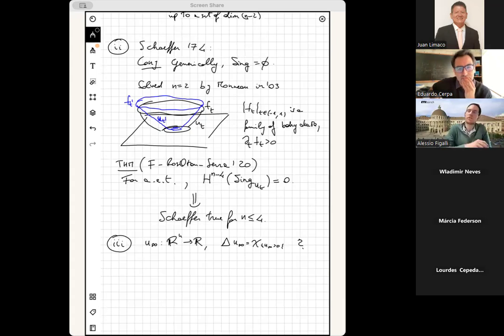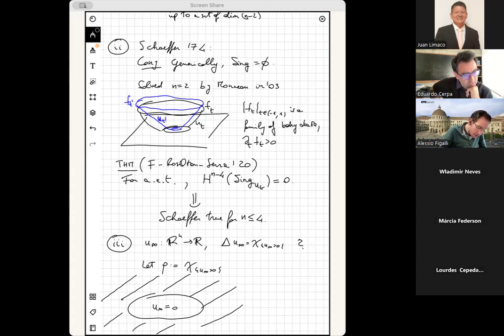So to understand this third question, let me do something. So let me define rho to be the characteristic function of {u_infinity positive}. So it means that, let's say, if my u_infinity is equal to 0 here, then outside here, rho is equal to 1, right? Because rho is the characteristic function of the complement. And my u_infinity solves Laplacian of u_infinity equals rho, which means from a physical viewpoint that u_infinity is the gravitational potential generated by the density rho,